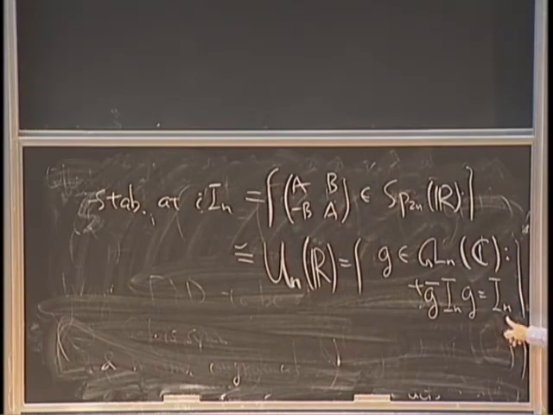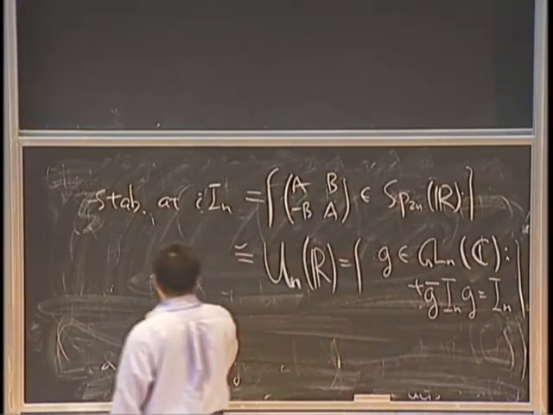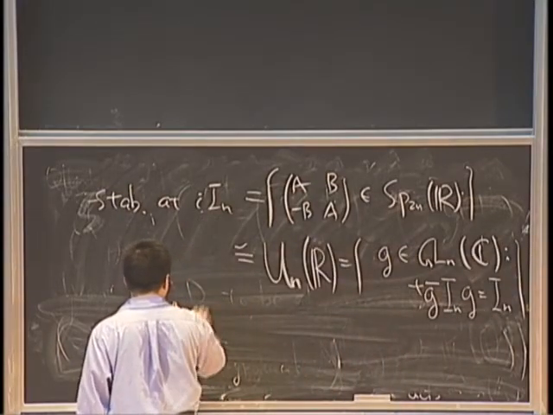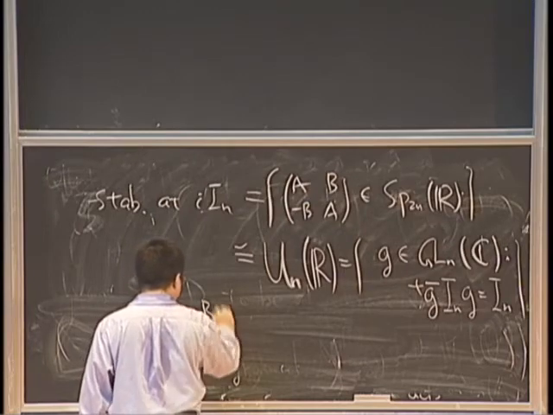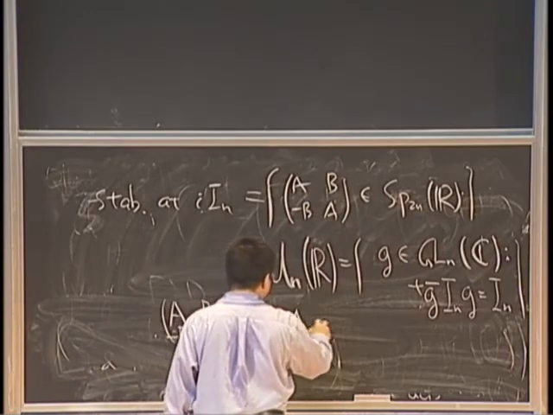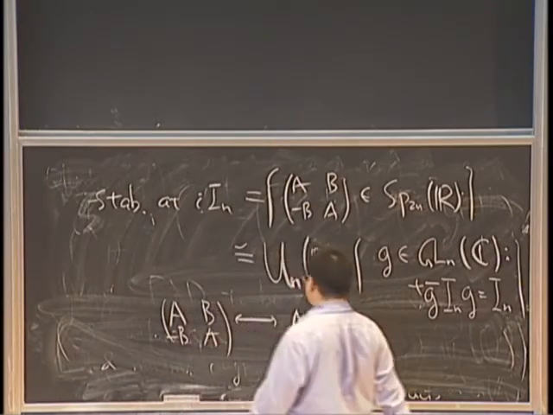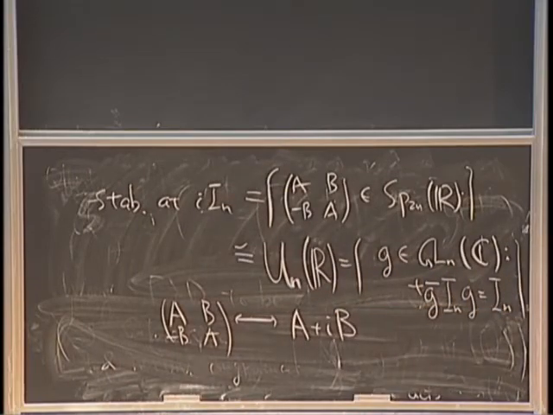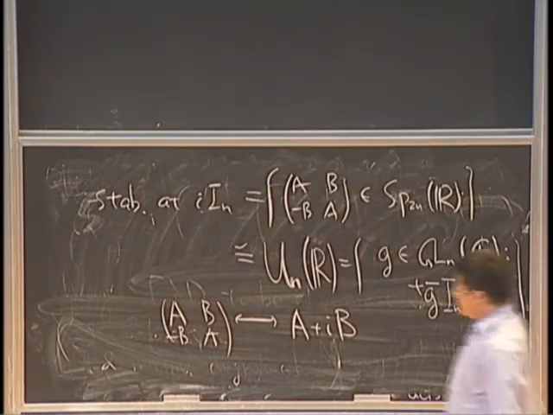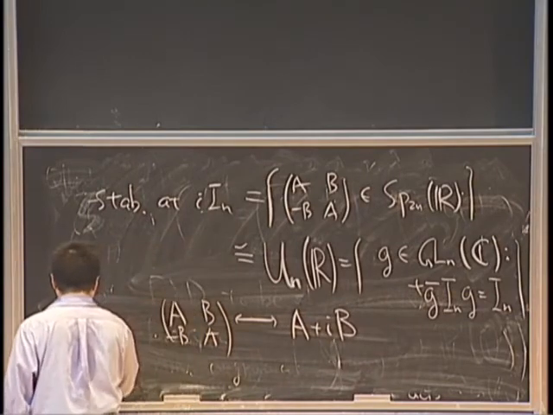It preserves the trivial kind of Hermitian pairing defined by IN. And the isomorphism is by, if you have A and B, you just correspond to the A plus IB. You can check that this is isomorphism between the two things. So this actually gives you isomorphism